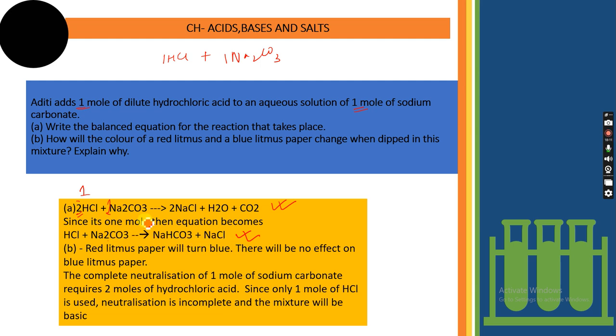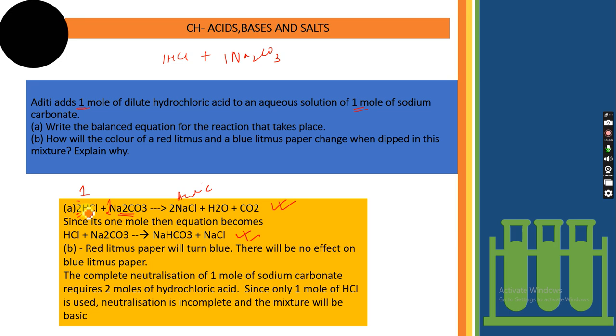Okay, so here you see, if you keep on increasing the HCl, then this breaks down and sodium chloride plus carbon dioxide will be released. Okay, and water will also be released. But यहाँ पे क्योंकि 1 mole दिया हुआ है, so HCl is only 1 mole, sodium carbonate is also 1 mole. That means what is happening here, अगर 2 moles लेते, then it would have been an acidic solution. Okay, 2 moles of HCl अगर रहता तो ये, sodium carbonate is a base.